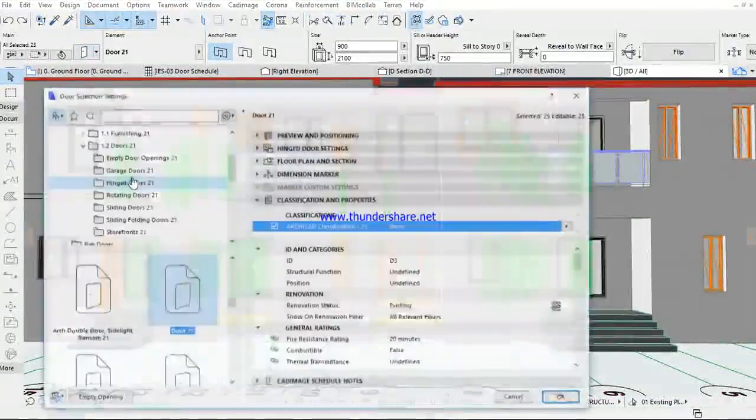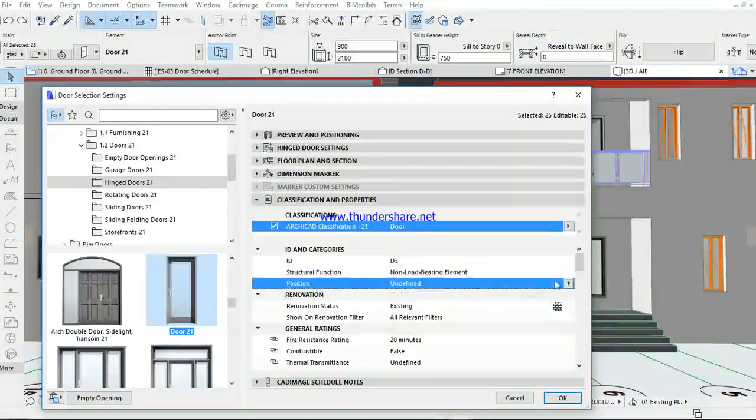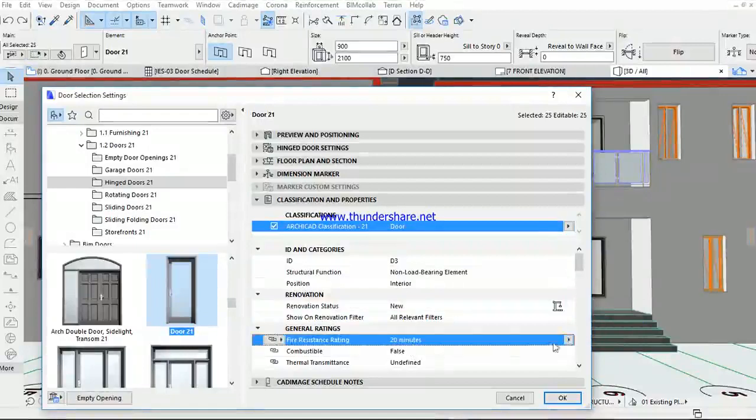The beauty of this is once you assign a particular rating or a particular instruction to them, I want to say structural function, that's actually the essence of Archicad. I want to say non-load bearing elements. I want to say position, I want all the doors, they are interiors. Okay, renovation, I say probably to be demolished or new. That's the beauty of Archicad and those elements. Let's say fire rating, I want to make them, let's say 1 hour or 1 hour 30 minutes. Now with these highlights,